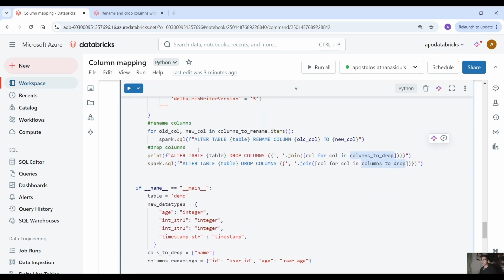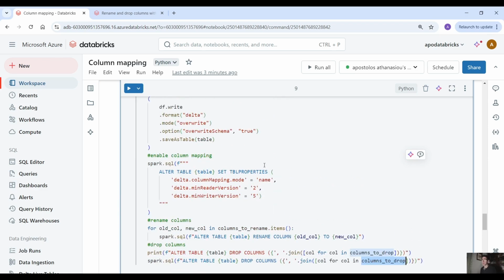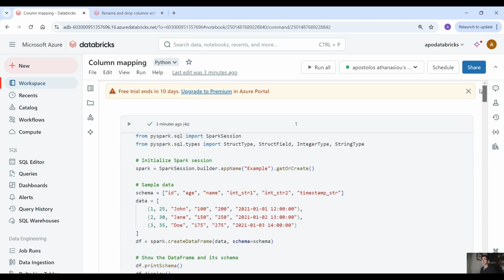So here we don't need to use a for loop, we can use ALTER TABLE, table name, and then DROP COLUMNS, that's plural, and then comma dot join with the list of the columns that we want to drop, right? And so if we run this thing here, now actually let's